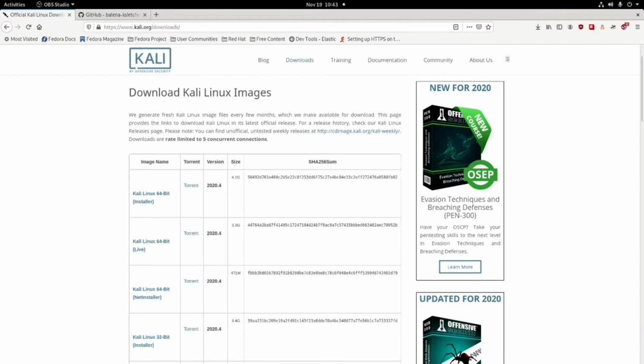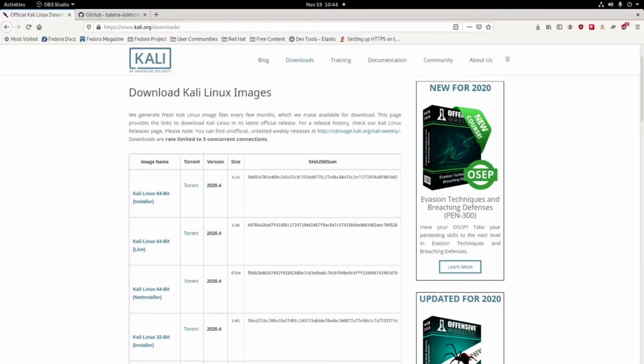But maybe you want to get into pen testing or security testing, and you're not familiar with BlackArch or you don't want to learn how to install it. This is a different distribution with security testing tools. Normally, I would still recommend BlackArch, but this is a more requested topic on how to install Kali